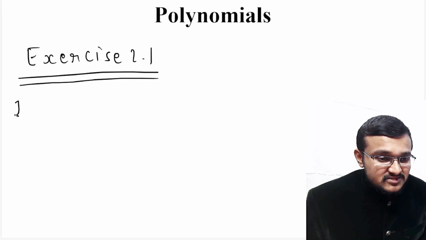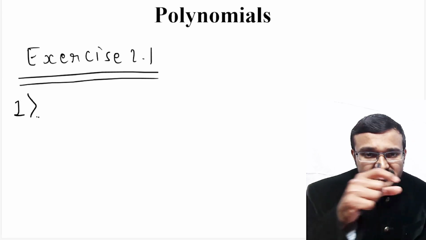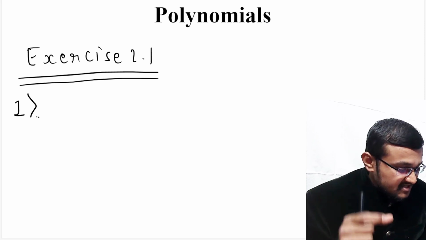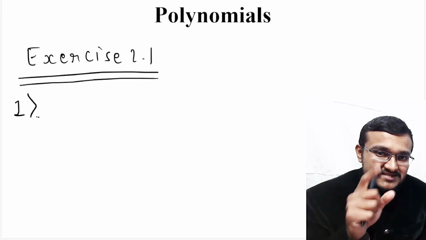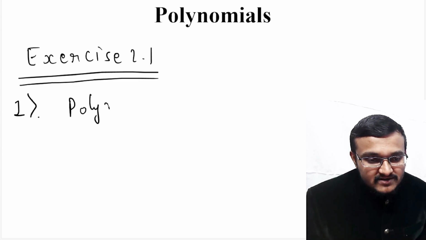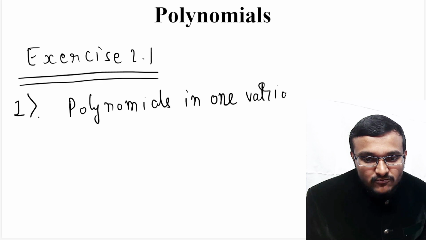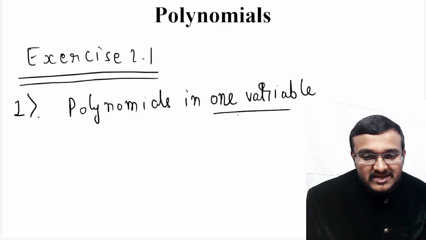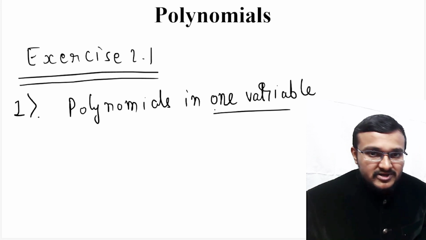Coming to the first question in this particular exercise 2.1, they have given certain algebraic expressions and they are asking to find out which are all the polynomials in one variable. So here you have to identify which are all the polynomials in one variable. That means polynomials which have only one variable in them. Those polynomials can be known as polynomials in one variable, and you have to identify those particular polynomials in